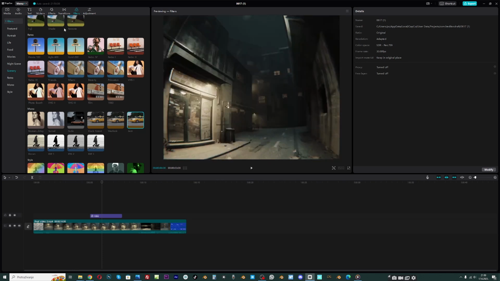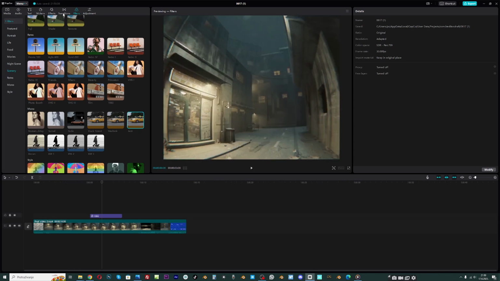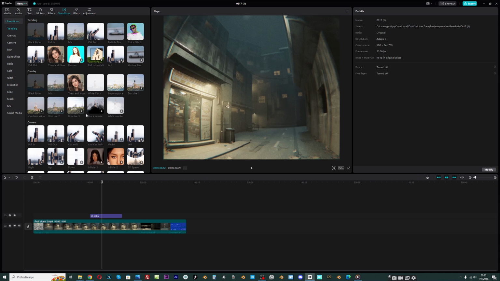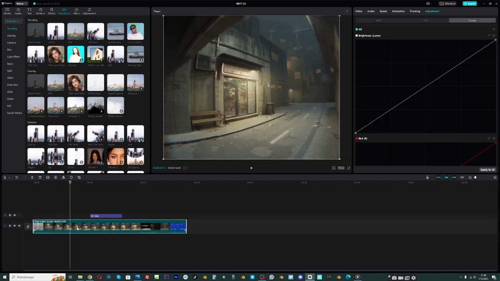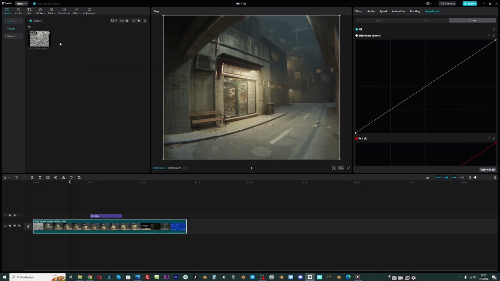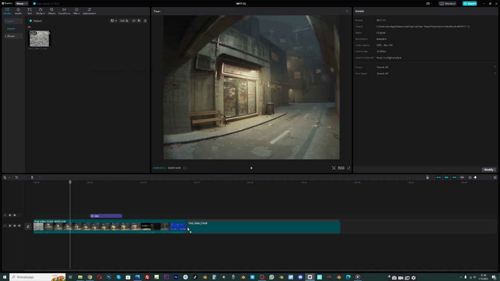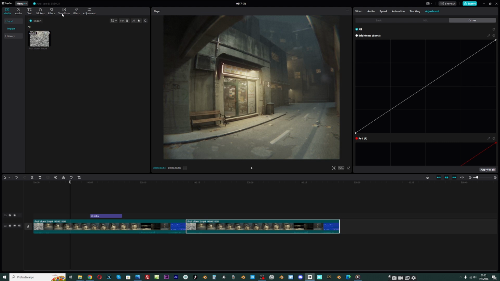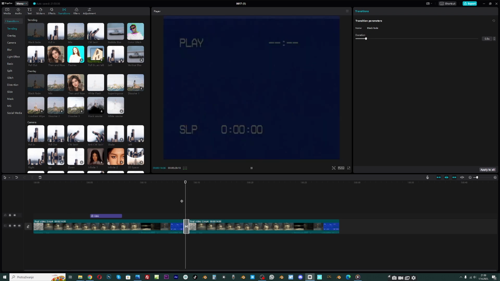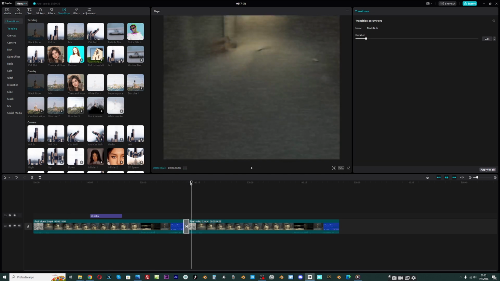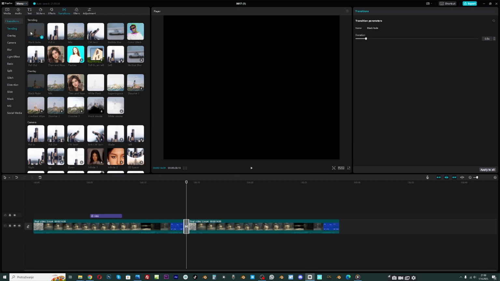So this is the filters tab, and we have here the transition tab. So let's see how this looks. Okay, so for a transition you need to have two videos in your timeline. So let's try to add the same video here, and let's see how this transition works. So if we put this here, we get this transition effect. Okay, so this is basically just a black fade,